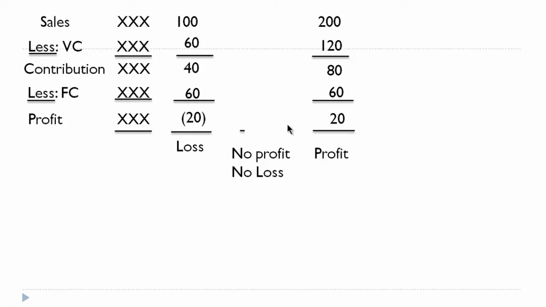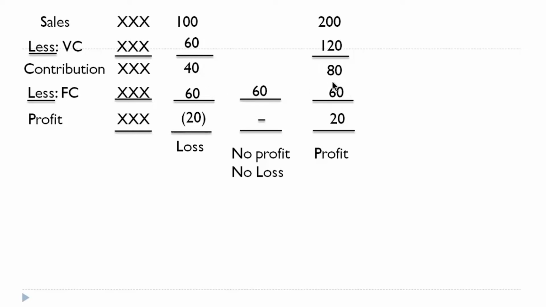So at break-even point, the profit of the company would be 0. But will the fixed cost undergo change at the break-even point? No. At the break-even point also the fixed cost would remain fixed at the same level. Let's say it remains at 60. So we understand profit is a result of what? Profit is a result of removing fixed cost from contribution.